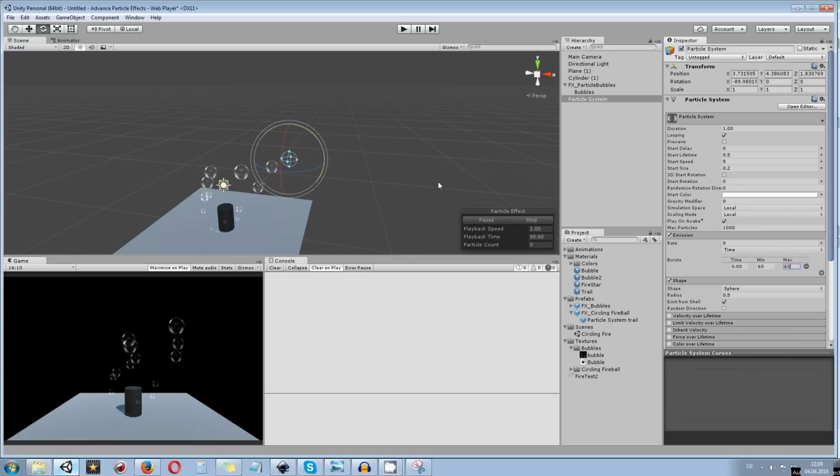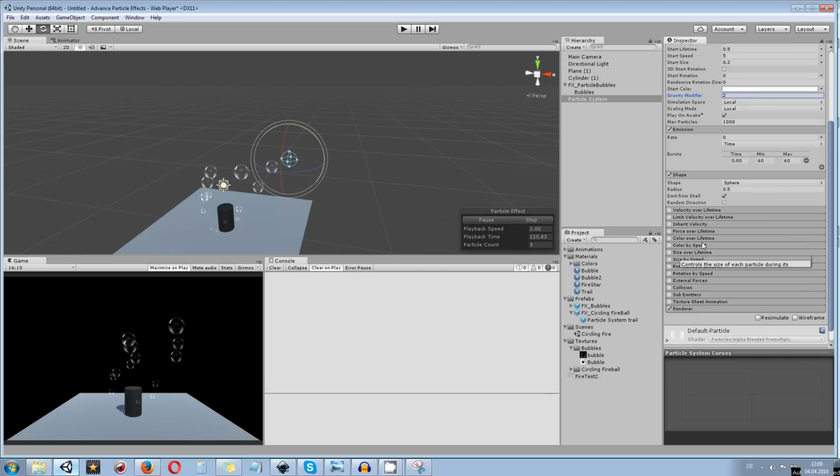Then what you want to make sure is that you use a gravity modifier and set this one to maybe 2. So we have a drop down of the particles. If 2 is too much for you, then you can always go and maybe use just 1. So I have a slight drag down once the bubble is going to burst. I'm going to use 2 in my case.